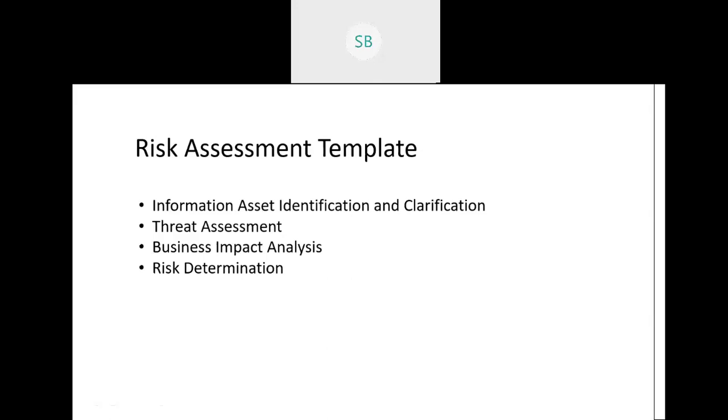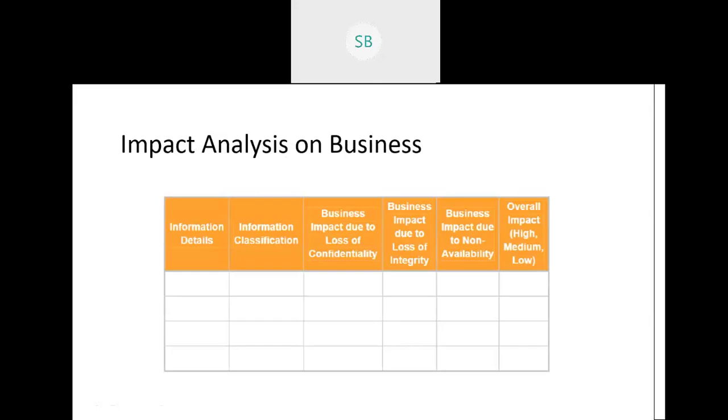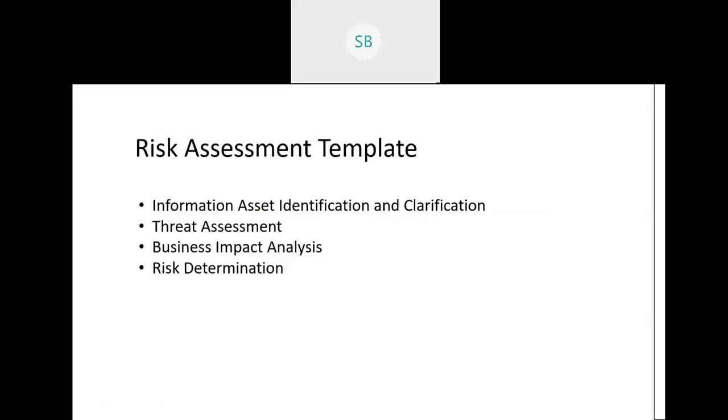So here we need to ask a series of questions to find out the impact on the business, right? Like I just gave you, how your confidentiality is maintained, then whether the data availability is done, how integrity is lost. So we need to classify all these things, right? And last, after all the three things have been evaluated, we can determine the risk involved in it. Okay, so this is how we do it.